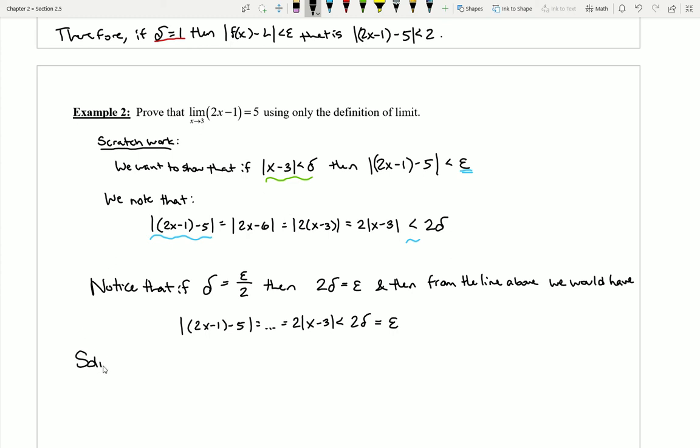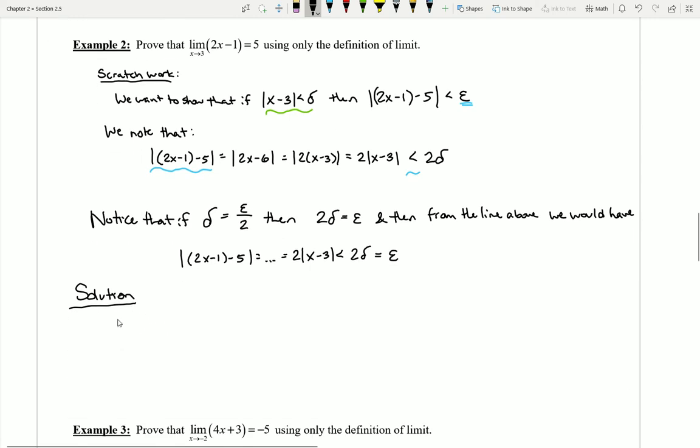So with this in mind, I can now go ahead and write up my full solution to this question. I can word it something like this. Suppose epsilon is some positive real number, right? Someone gives me an epsilon. Okay, let's suppose that. Then I'm going to say, let delta be equal to whatever number I was just given, chopped in half. Then we can see that